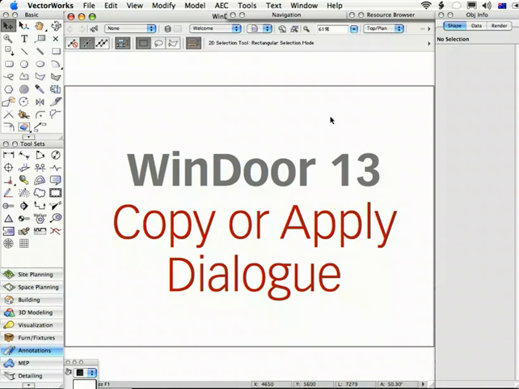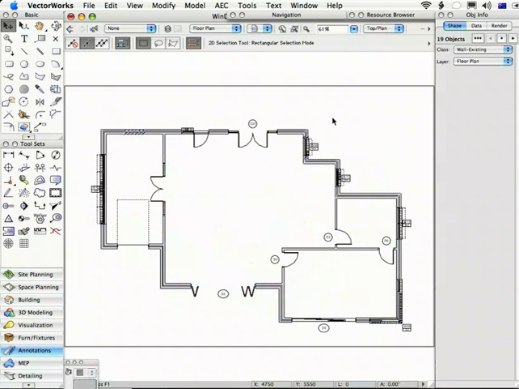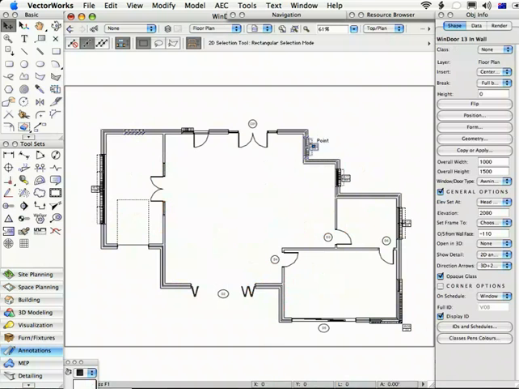This movie will look at the copy or apply dialog in WinDoor 13. This is a new feature that allows you to very quickly copy settings from one WinDoor object to one or more other WinDoor objects. If we select an object, you access this dialog from copy or apply, and you'll see